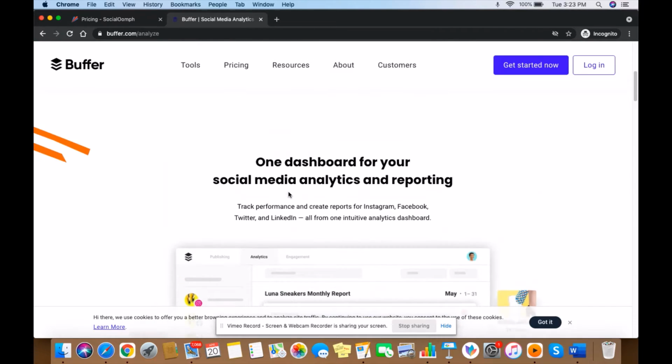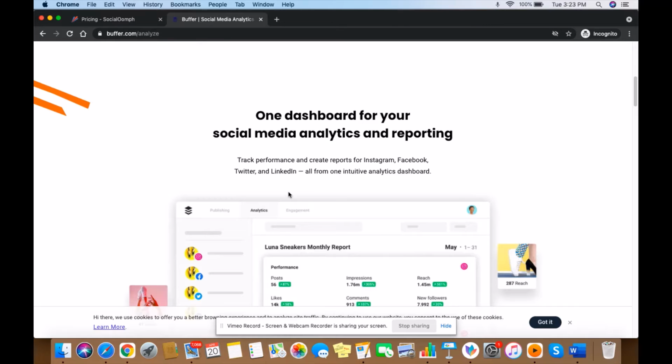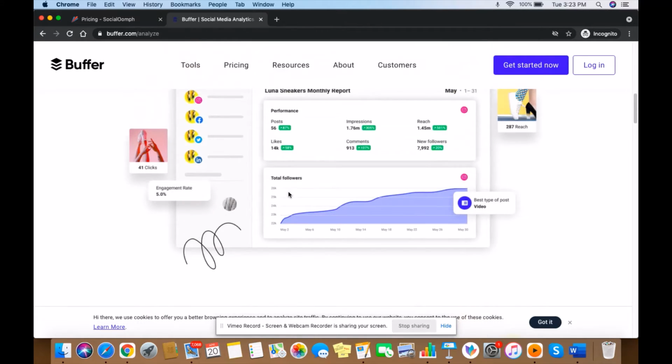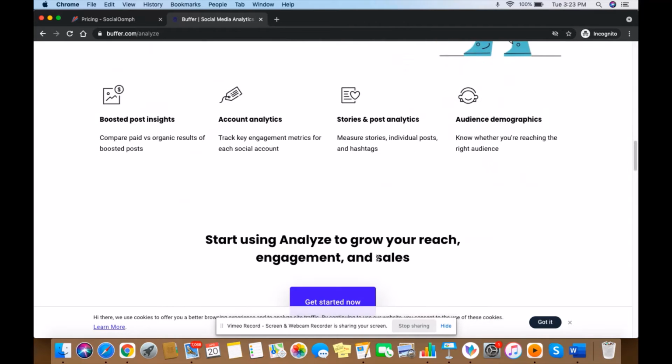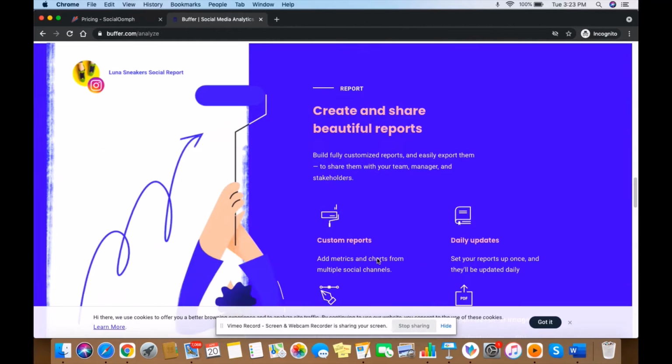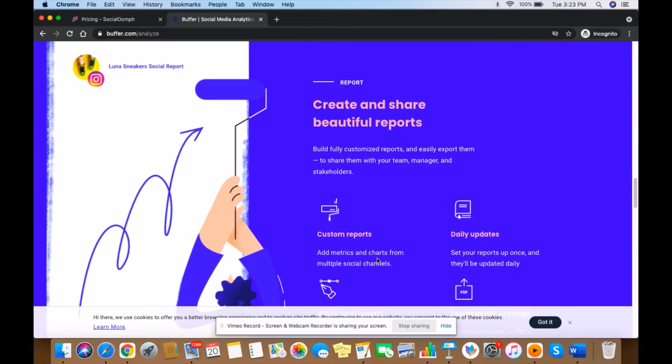So this particular platform gives you the social media analytics and reporting option, where there will be a dashboard where you can see your monthly followers, how many people have liked your page, and how many people have commented on your post. When you check this, you will be able to analyze and improve your upcoming posts as well. So analytics is one of the most important parts. Suppose you bag a client for social media marketing, you can definitely go ahead, use this particular platform, and create beautiful reports.